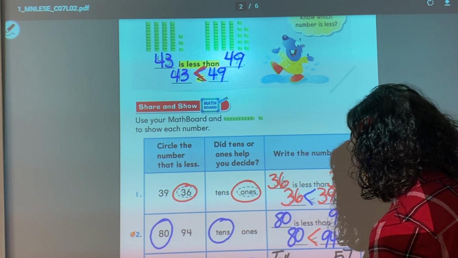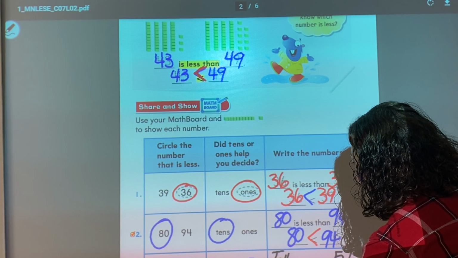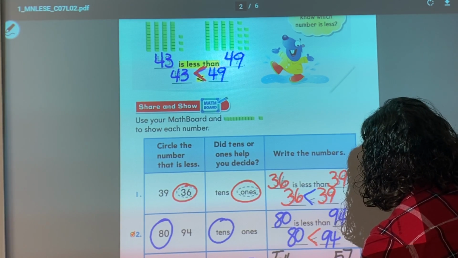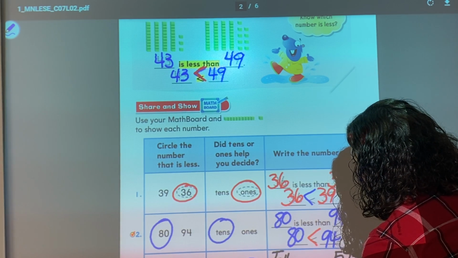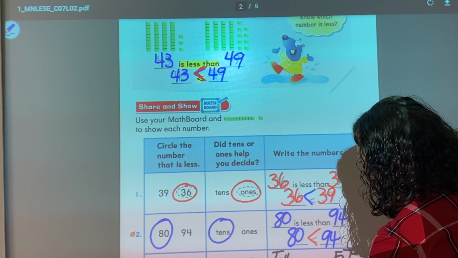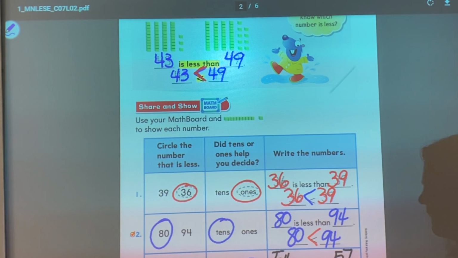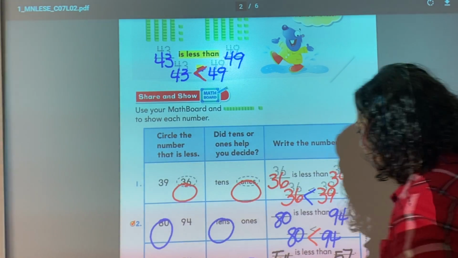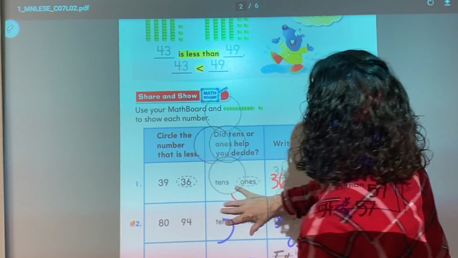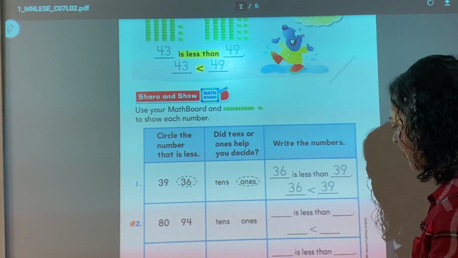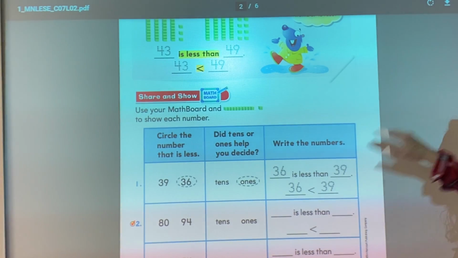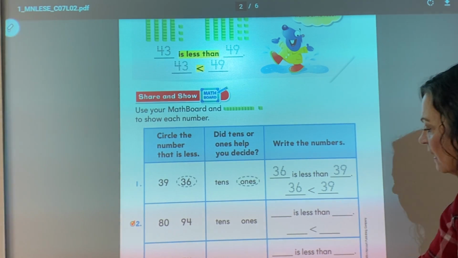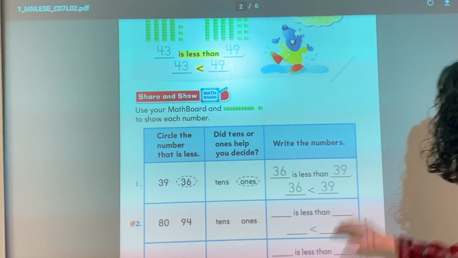And then I'm going to come down here. 54 is less than 57. And then I'm just going to make sure that alligator's mouth is open. See, there's his teeth going toward the big number. 54 is less than 57. Okay? So we've covered greater than and we've covered less than. Don't worry as much about reading the problems now this way as just getting the sign turned the correct way, and we will work on